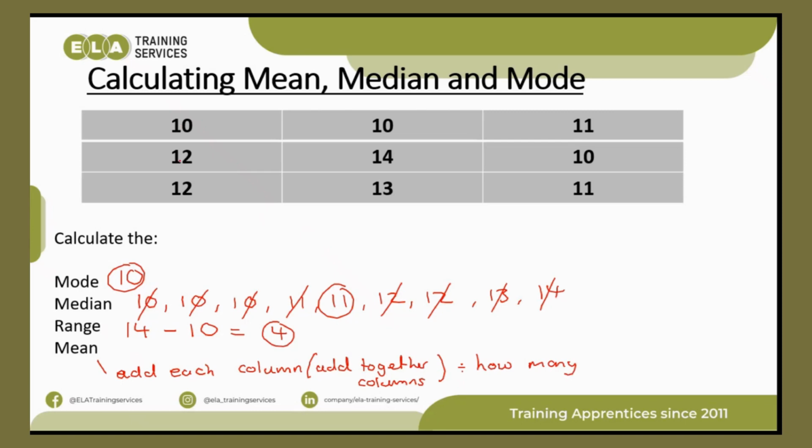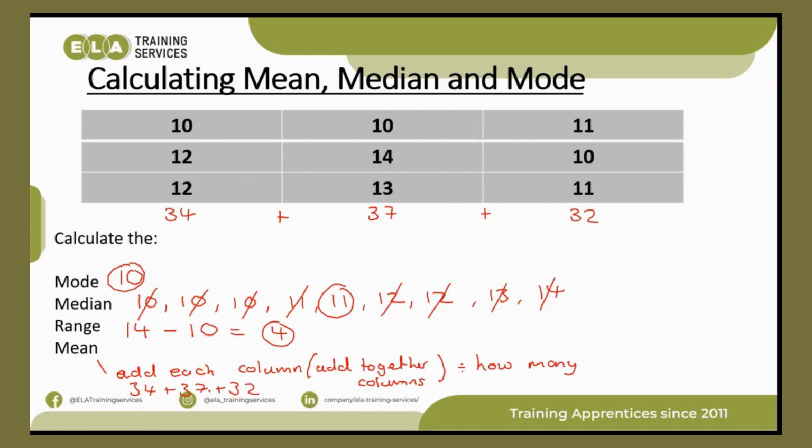So we've got 10, 12 and 12, so 24, we've got 34. Add 10, 14 is 24, add 13 is 37. Add 11 and 10 is 21, add 11 is 32. We're now going to add 34, 37 and 32, which then leaves us with